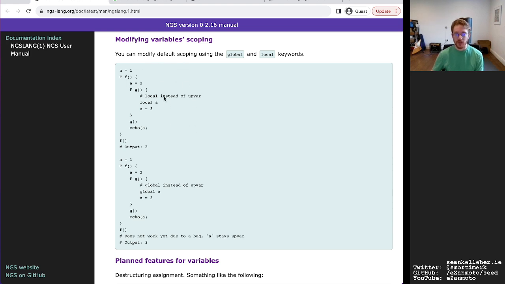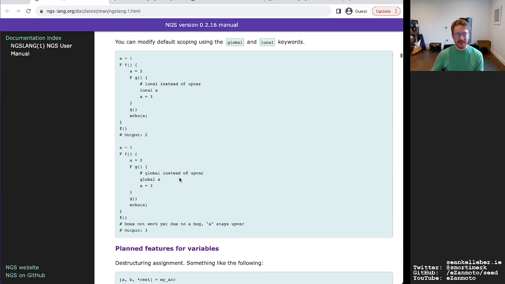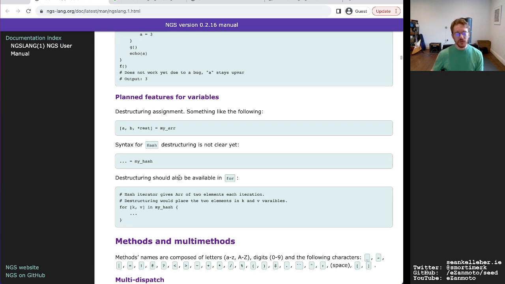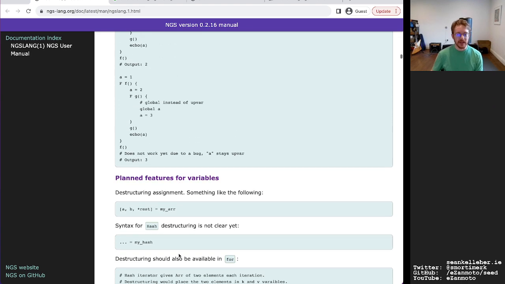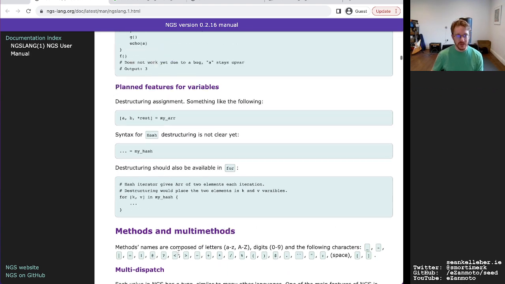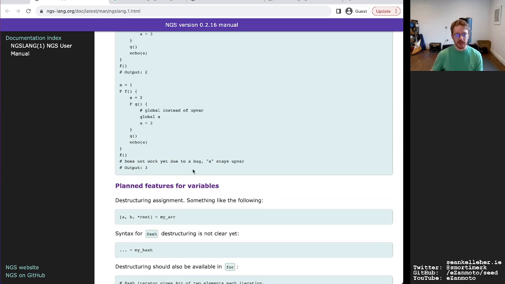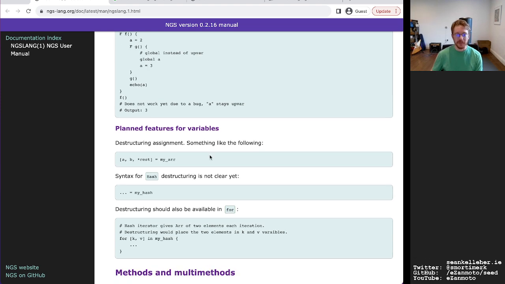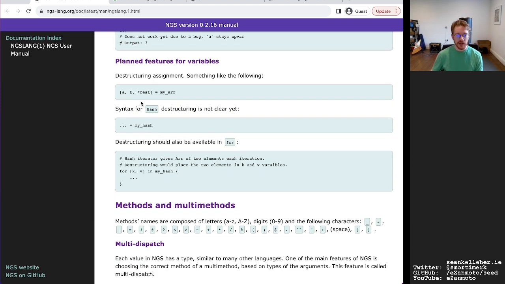Modifying a variable scoping. Okay, so it used to be one scope and then you changed the scope. So yeah, that's something that I don't have, and it wouldn't really make a lot of sense to me. But again, there might be use cases that the language has in mind that I'm not thinking about.